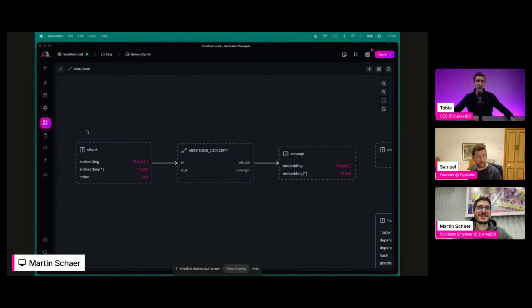I think it's safe to say most developers start with vector alone and then go into graph and then go from there. Yeah, exactly. And so first I'm going to start by showing Surrealist. This is our GUI. You can use Surrealist to see the schema of your database. Even if you don't have a schema like I do, the dotted borders mean I am running schema-less tables at the moment. And here you can see I have a chunk table with some embeddings, and I have also concepts with embeddings, and I am creating graph relations between the chunks and the concepts.